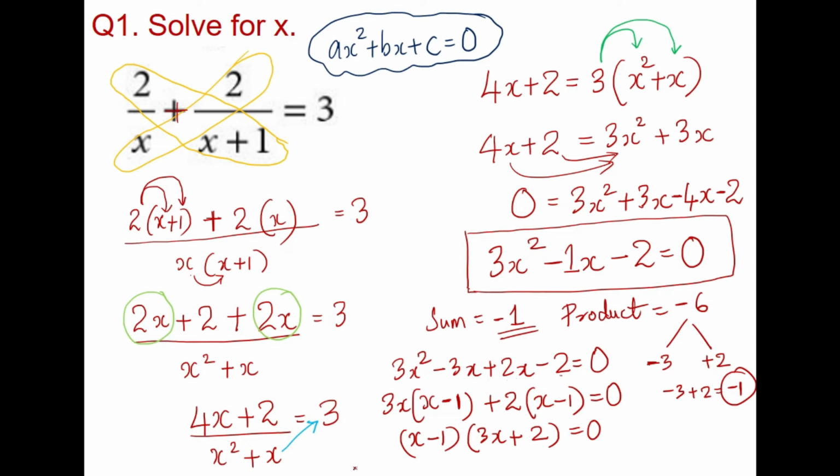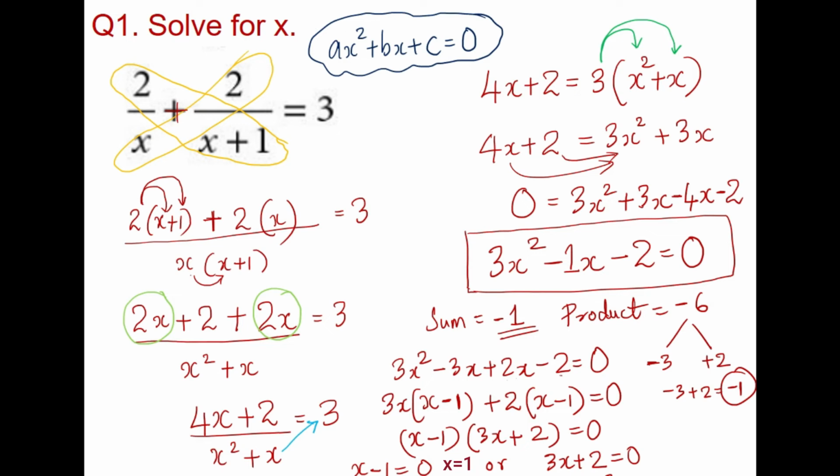So my answer will be, you can have x minus 1 equal to 0 or 3x plus 2 equal to 0. So my x is equal to 1 or my x is going to be equal to negative 2 over